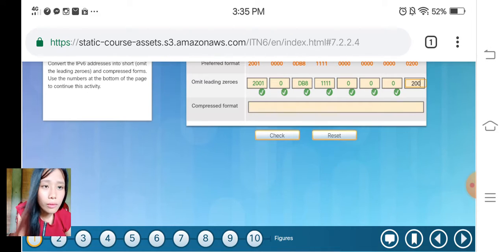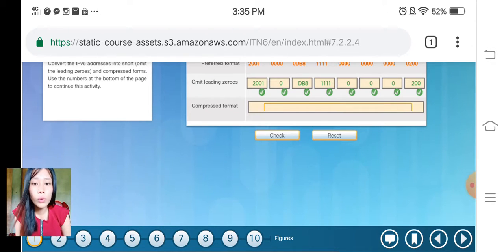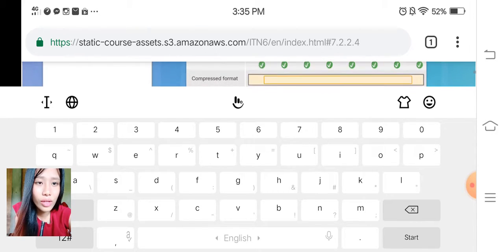So you see, it's all checked. For the compressed format, you're just going to put all the numbers that you put on the omit leading zero. Just like what I said, compress it, but you have to put this in every number. Let's see. Okay,